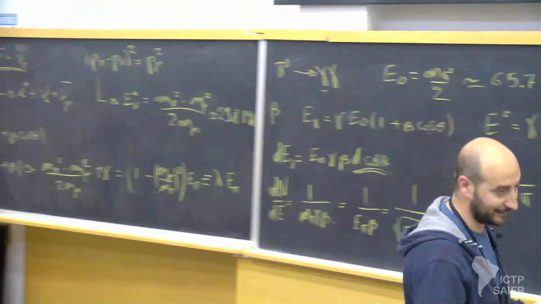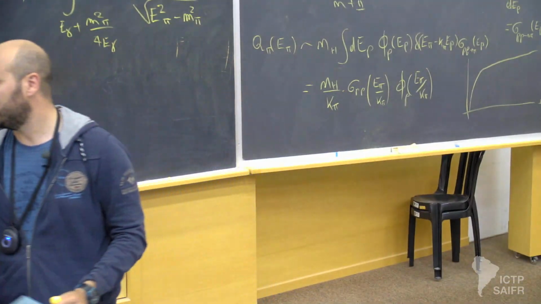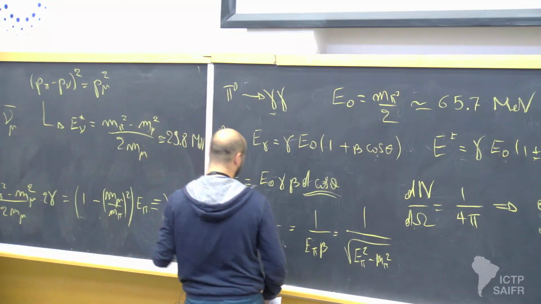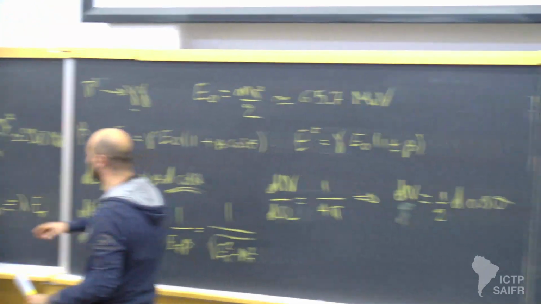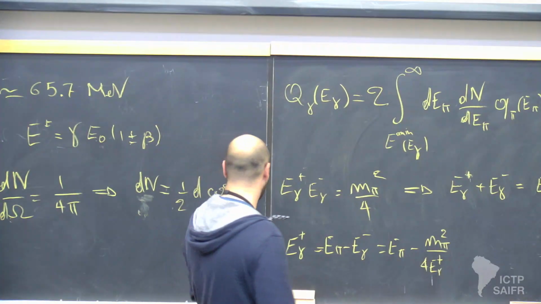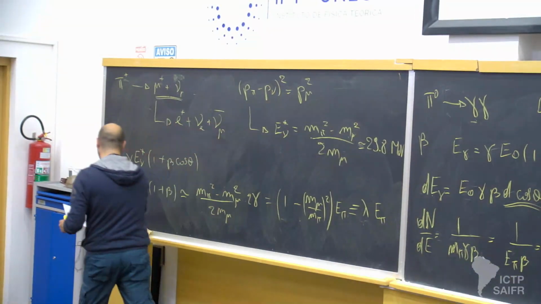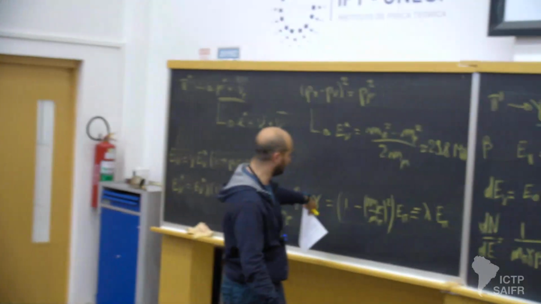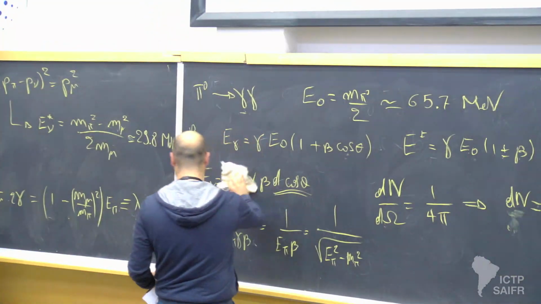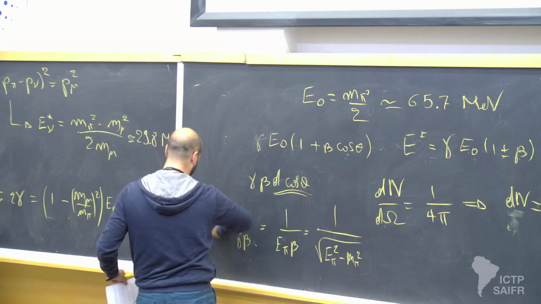Okay, you see that it's exactly the same as for the photon before. The only difference is that there is this kinematical effect of the finite mass of the muon. If we were to push the muon mass to 0, we would be back to the previous case. So this is valid in the relativistic limit, which is, again, basically always satisfied. If I work in this relativistic limit for simplicity,